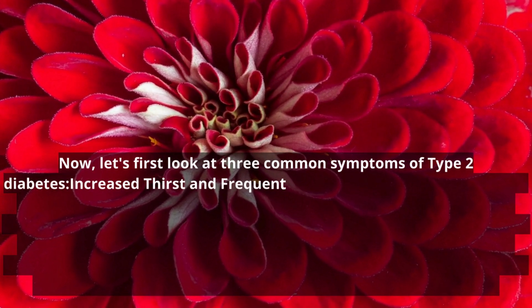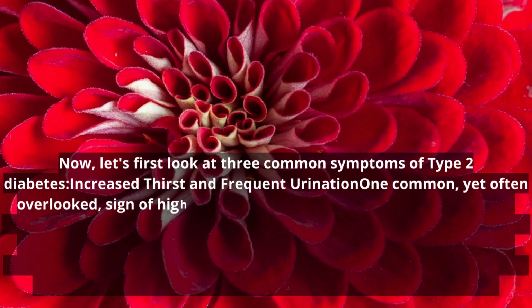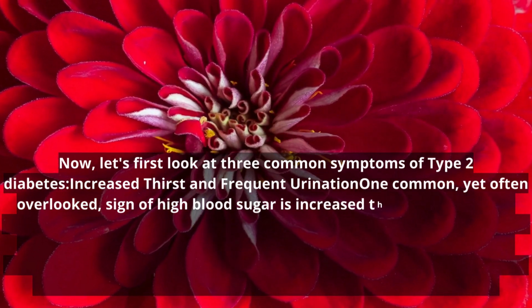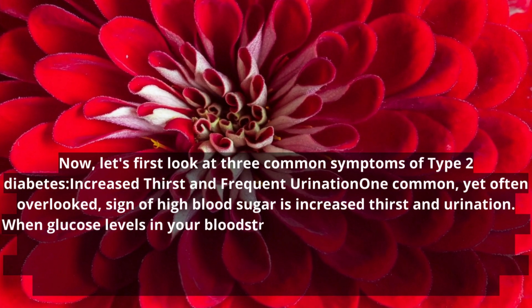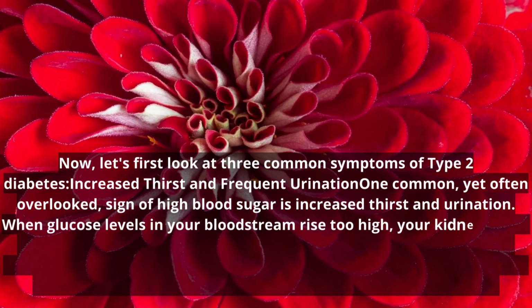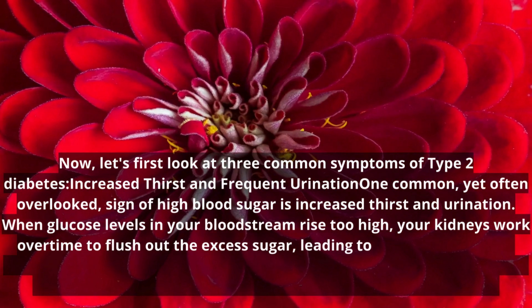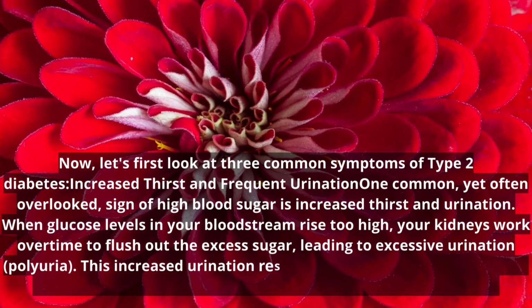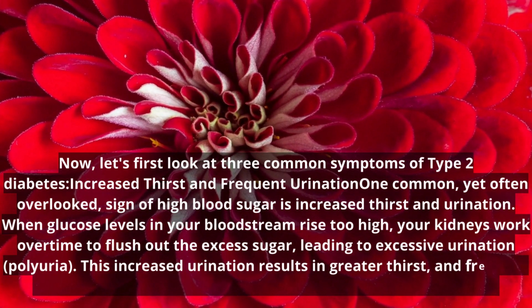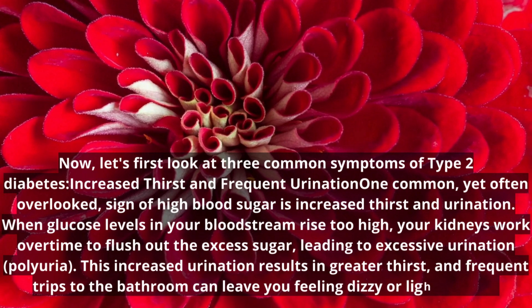1. Increased thirst and frequent urination. One common, yet often overlooked, sign of high blood sugar is increased thirst and urination. When glucose levels in your bloodstream rise too high, your kidneys work overtime to flush out the excess sugar, leading to excessive urination, polyuria. This increased urination results in greater thirst, and frequent trips to the bathroom can leave you